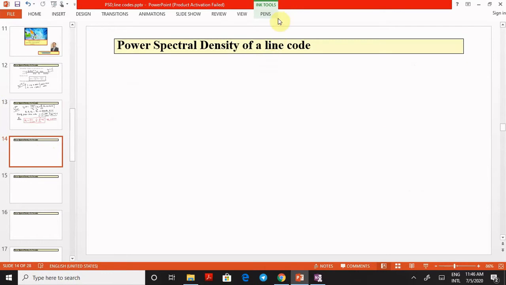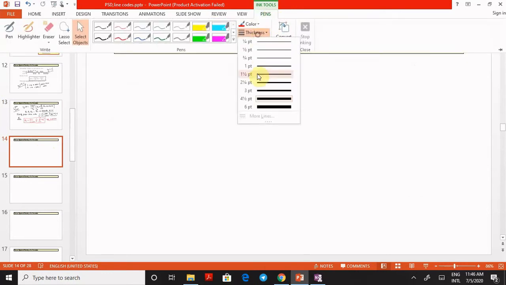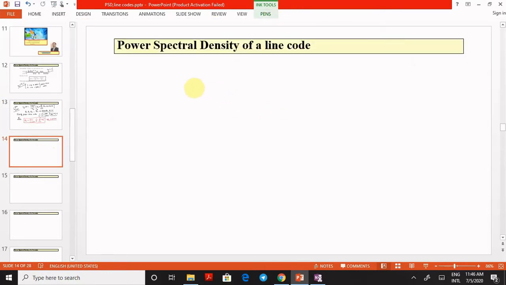So now the value of R_0 can be written as limit N tending towards infinity 1 upon N summation of k is equal to 1 to N of a_k squared, right? And we know that the value of a_k can be either equal to plus 1 or it can be minus 1.